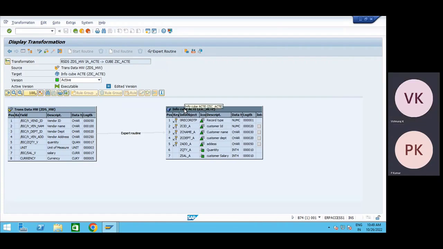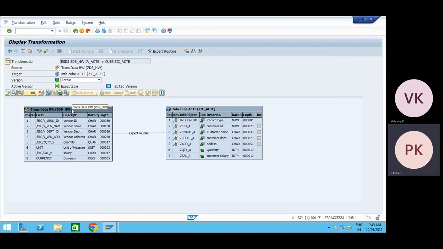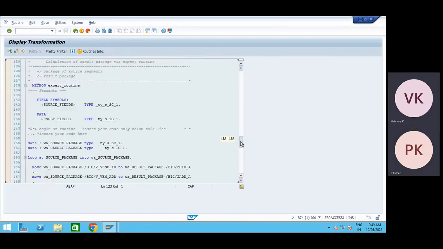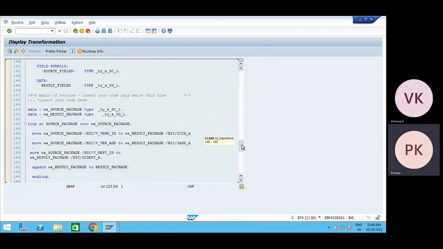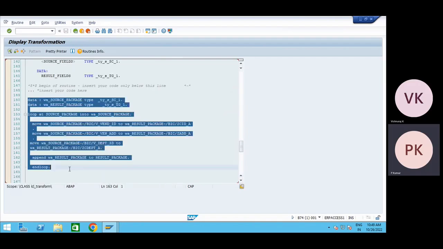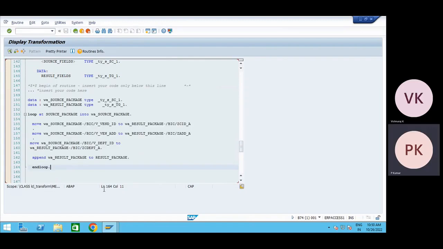It is totally background. You have to write code to update the data from your source to target, right? So how I did it, you can see at the top left corner, you will see the expert routine. If you click on it, you will go to the ABAP. See here, I have written a complete 10 lines of code. What will this do? I have declared